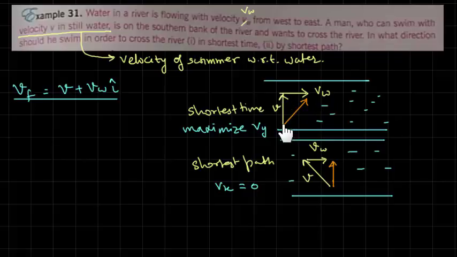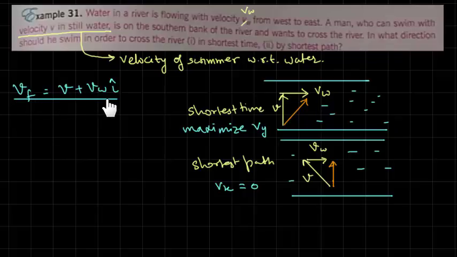So he should try to aim to swim here in the north direction, only then the resultant will have the maximum vertical velocity, and only in that case he will swim across the river in shortest time possible. So in order to maximize the velocity in y direction, that is Vy, he has to aim to swim in this direction. So mathematically you can see it as this: velocity final is v, its direction can be anything,